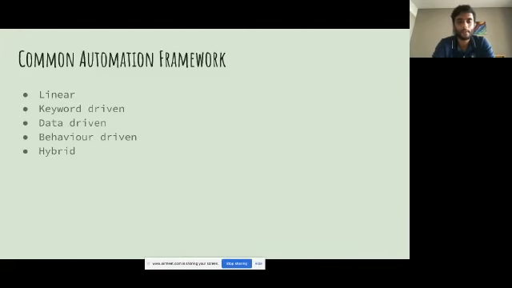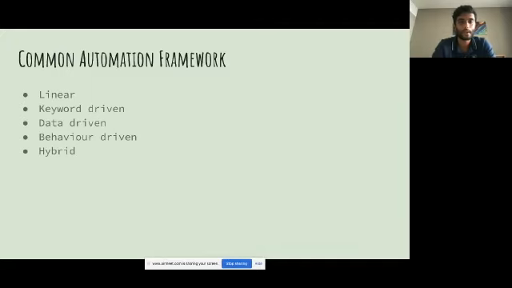Then you have something called keyword driven. Keyword driven is where you segregate your test cases based on keywords, or you have your steps written as keywords, and subsequently you have all the implementations of those keywords in separate code. You could write the keywords in a simple Excel, or a property file, or even in your Java class or any programming file you're using.